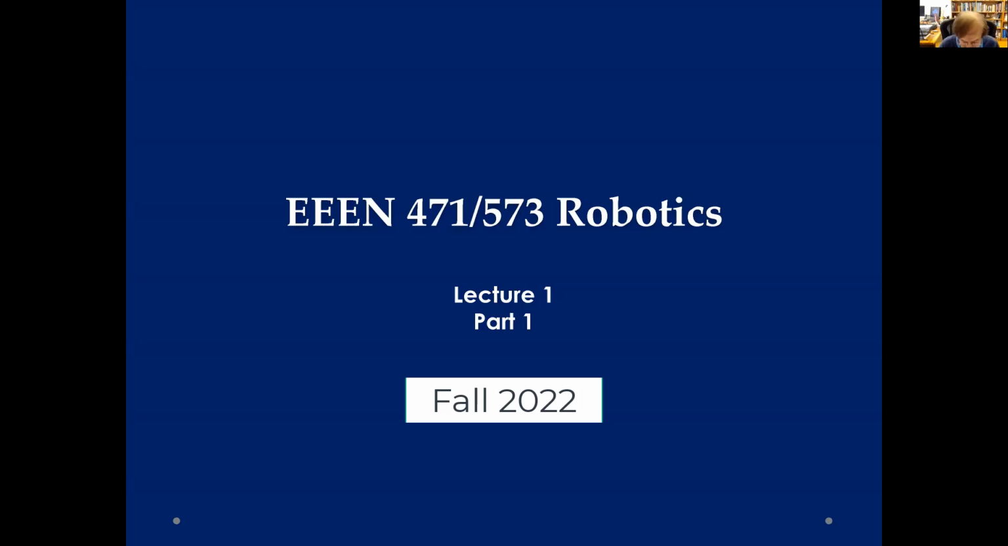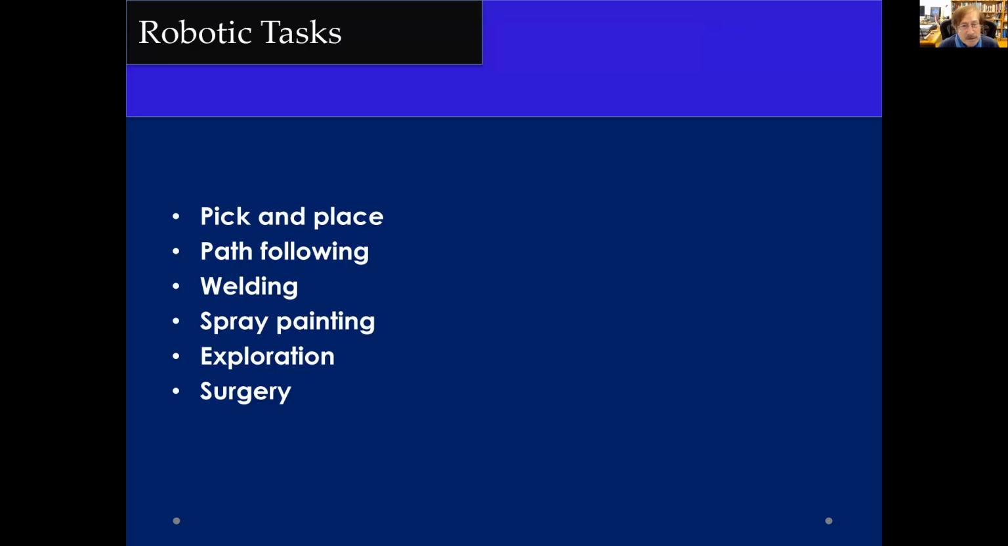And today, let's see what we are going to talk about. We start by talking about the robotic tasks. What type of tasks do they carry out? Where do we implement the robots? We implement them for picking and placing something, for following paths, for industrial tasks like welding or spray painting,